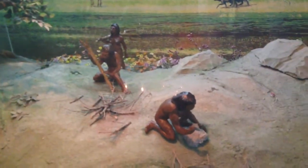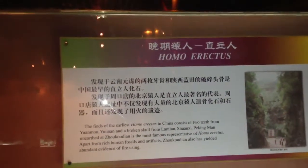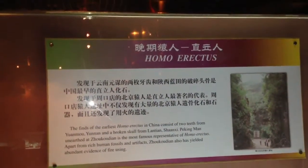So, advanced tool making and hierarchical societies. Homo erectus finds: the earliest Homo erectus in China consists of 2 teeth from Yunnan, and a half-broken skull from Lantian,